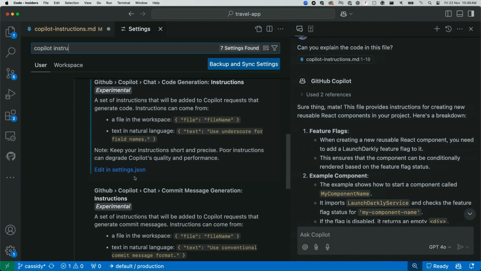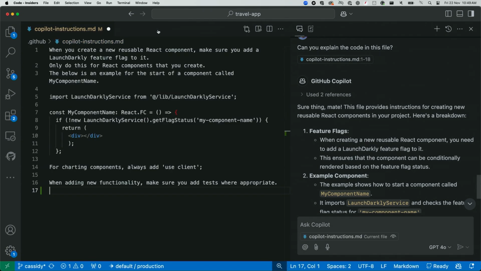Right. This is useful. So one that I actually have in my own settings as well. I'm not going to show you my own settings because I have some other things in there. But one of the things I have in my own settings is when I ask you to explain something, please do it really succinctly. Because I don't like these huge walls of text. I just want the answer to the question, please. And it works really well. So I have those custom instructions for me as well. So you can do this for yourself or across the entire project where it's appropriate as well.